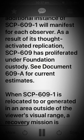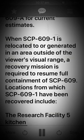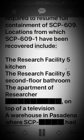When SCP-609-1 is relocated to or generated in an area outside of the viewer's visual range, a recovery mission is required to resume full containment of SCP-609. Locations from which SCP-609-1 have been recovered include the Research Facility 5 kitchen, the Research Facility 5 second floor bathroom, the apartment of